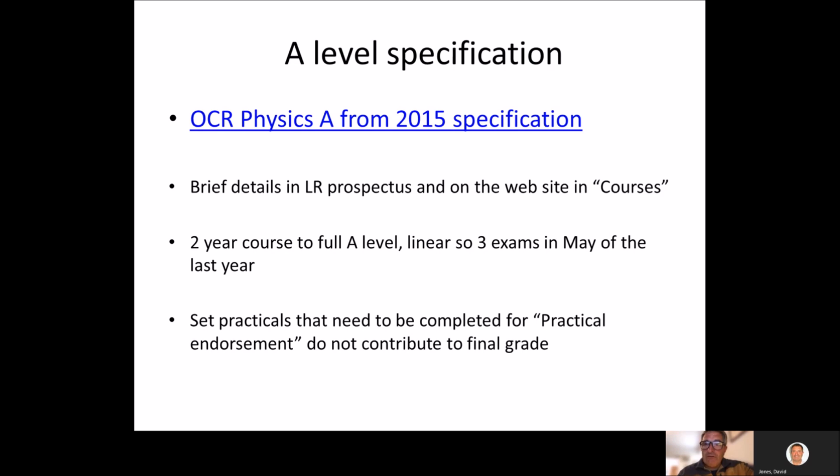This is a 2-year course. It's full A-level. It's a linear course, so you will be doing 3 exams at the end of the course in the May of your final year, and whatever marks you achieve in those exams will go towards the grade that you get finally awarded. There are practicals that need to be completed across the course, and that goes towards the practical endorsement, which is essentially just a tick. Yes, you have got the practical skills, you've demonstrated the practical skills,